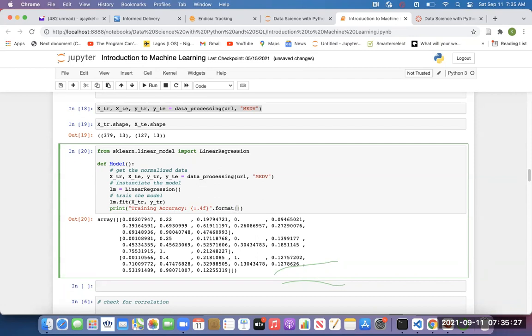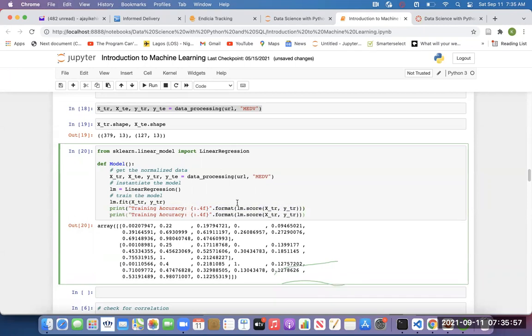To get the accuracy, you call the model that you have built, lm, and you call the score method, dot score. That score is what will give you the accuracy of the model. So you call dot score, and then you pass in the training data, which is Xtr, and the training target. We'll do the same thing for the testing so as to see the performance on the test set.